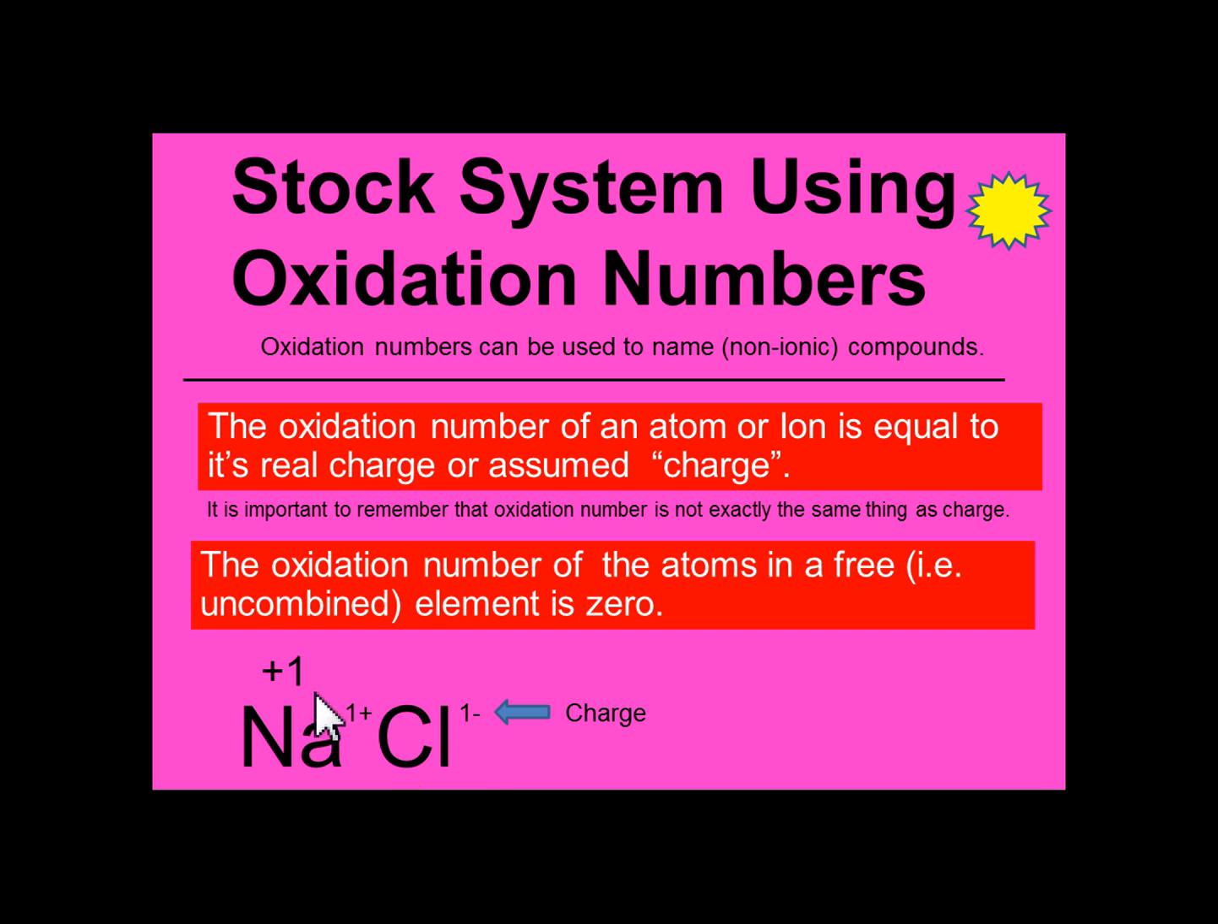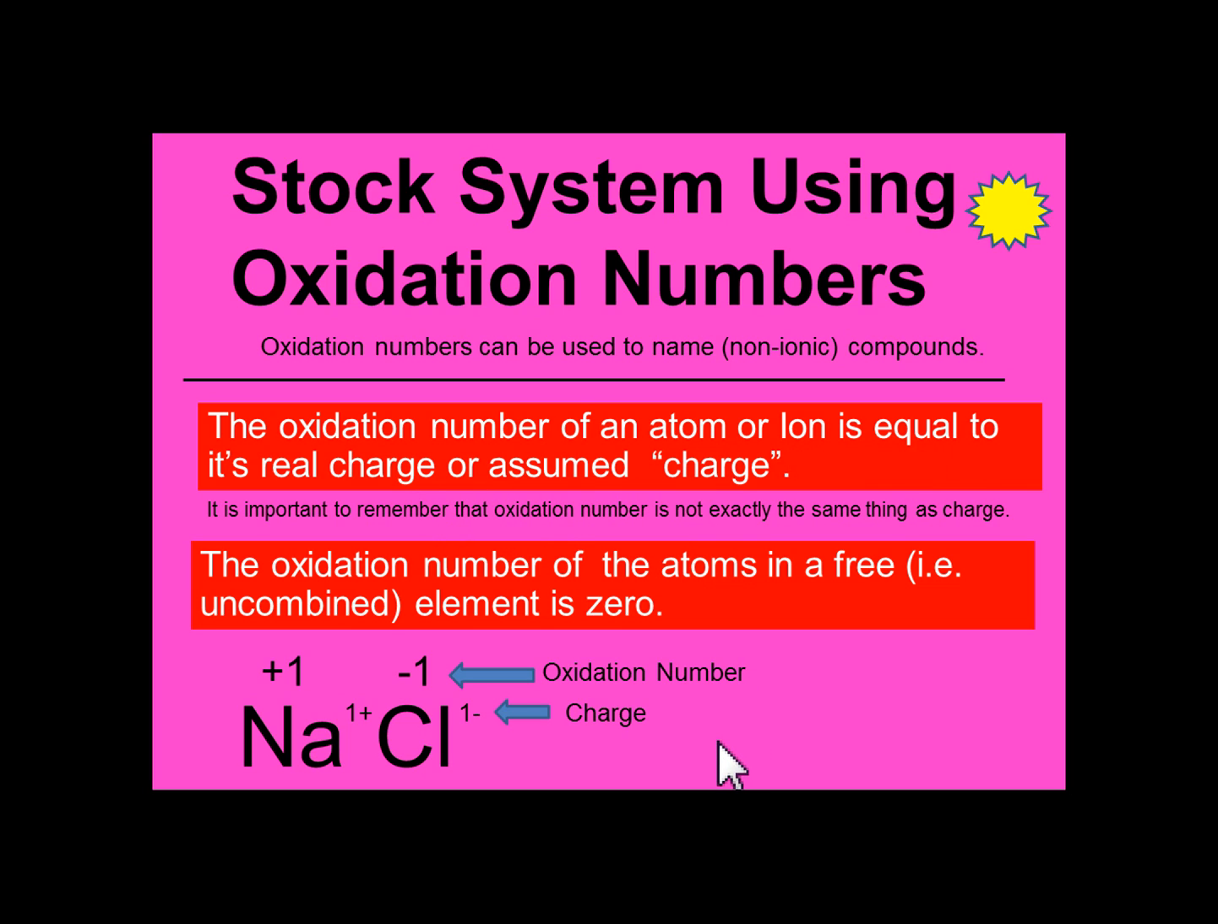and the oxidation number, which I just put in here now, is +1 for sodium. It's written as a larger number in the middle of the element or directly above it. And the oxidation number for chlorine is -1. Here's a case where the charges and the oxidation numbers are the same. Notice that they add up to 0. So that illustrates the first rule, the oxidation number of an atom or ion is equal to its real charge